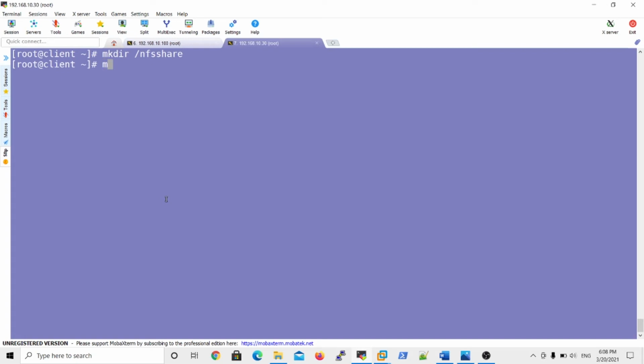I want to mount the NFS server: mount -t nfs, where nfs is the file system type. This is also one way, but by default mount reads the NFS file system. So you can directly give your server address.